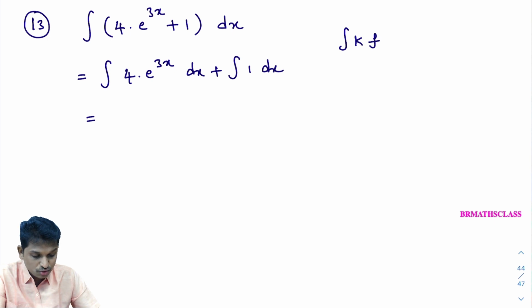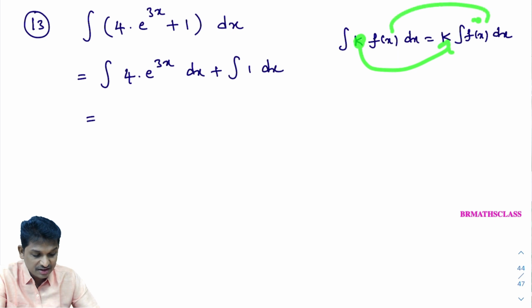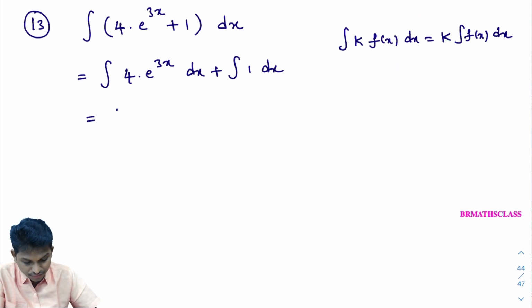Integral of k times f of x dx. What is this formula? It is k times the integral of f of x dx. Here k is a constant, so take it outside and integrate the function. Here 4 is constant, so take it outside: 4 times the integral of e power 3x dx plus...